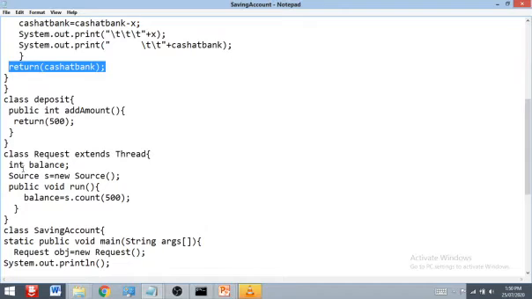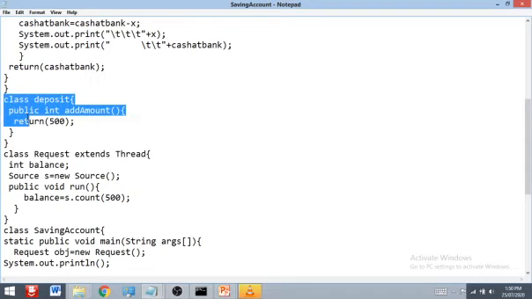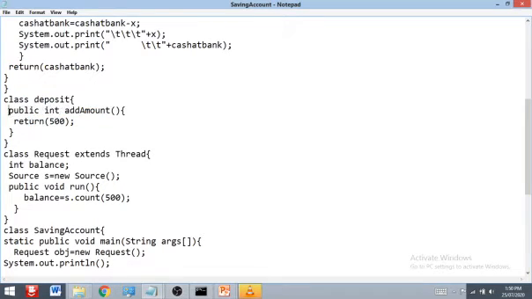Then, as we already observed, in the Deposit class we have only one method, the add method, and I am providing 500 rupees whenever my balance is lower than the withdrawal amount. Then after that, class Request. Here we send the request, right?